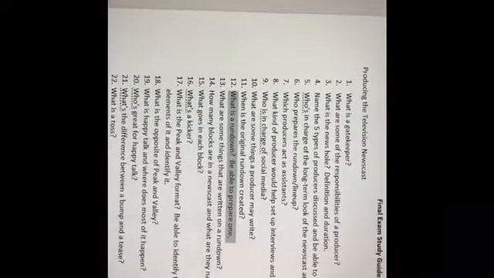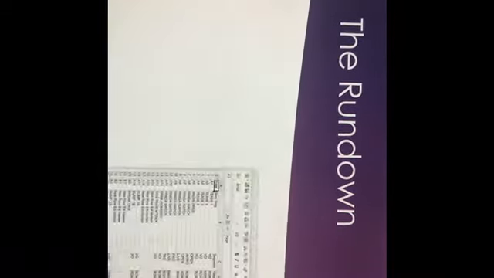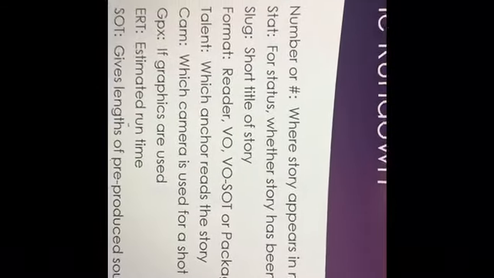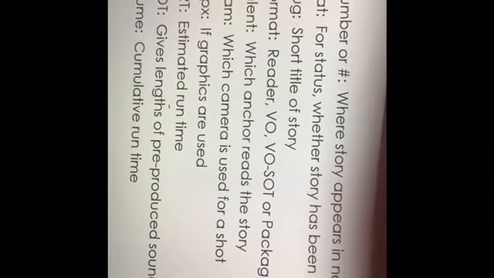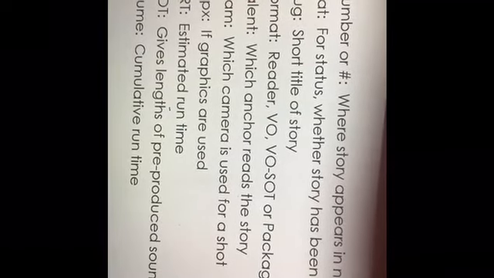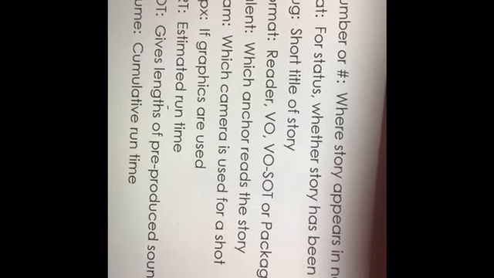Okay, some things that are written on a rundown. We've got a whole list of elements that are written on a rundown, and you don't obviously need to know what all of them are. I would say if you know what 3 of these are, you'd be in good shape, and then you might be able to include some extras for extra points. Numbers appear on the newscast, status, slug, format, talent. All of these things listed here are acceptable answers for what would appear on a rundown.